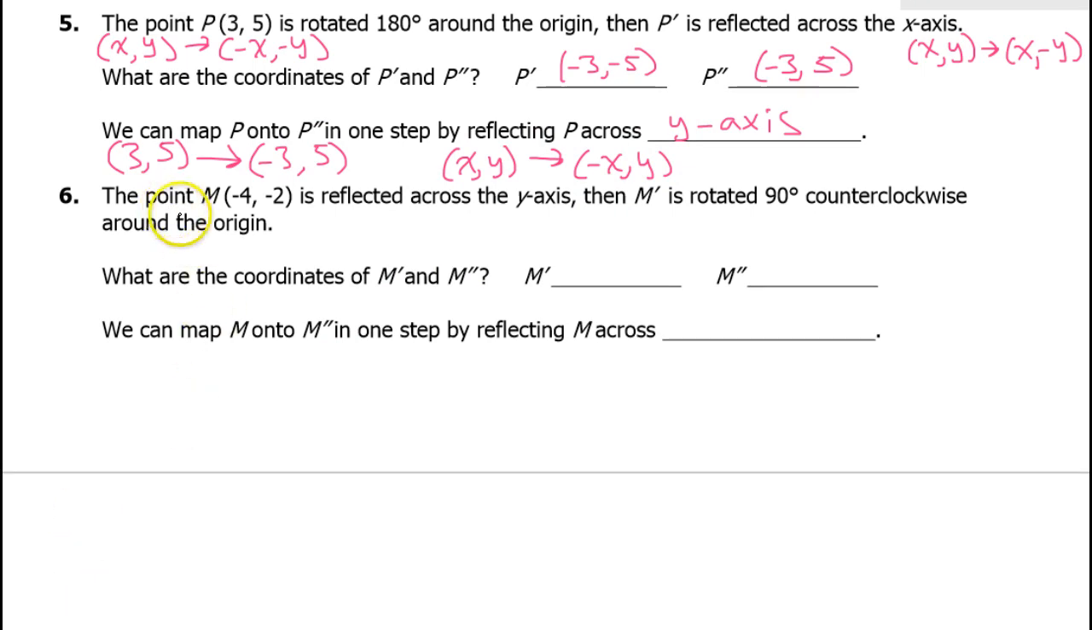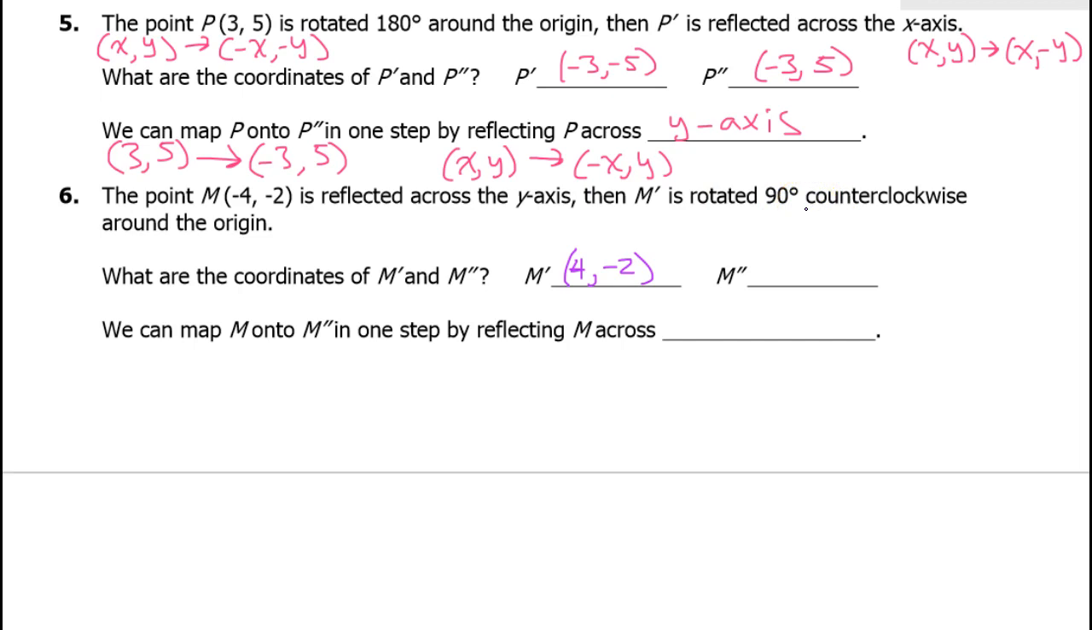All right, last problem. The point M, negative 4, negative 2, is reflected across the y-axis. And then M prime is rotated 90 degrees counterclockwise around the origin. What are the coordinates of M prime and M double prime? So first, when we reflect across the y-axis, the y value stays the same. So M prime is going to be positive 4, negative 2. The y value stayed the same, but the x value had to change. So 4, negative 2. Now it's time to do our 90-degree